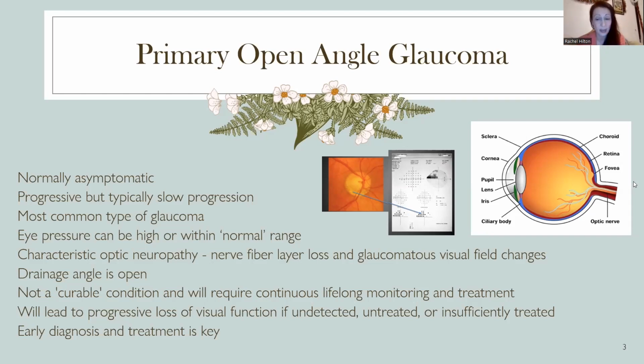And what should happen is it's produced by the ciliary body, you can see labelled there. It flows in front of the lens through the pupil, circulates in that front portion behind the cornea, and then it drains away. And it should be produced and drained at a similar rate. Where it drains is what we refer to as the drainage angle. So when we talk about open angle, what we mean is that the fluid can actually access that area to drain away.